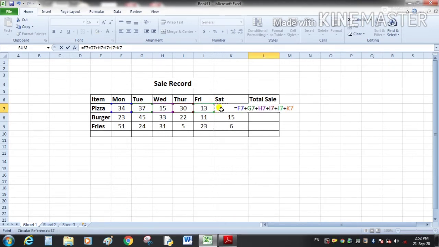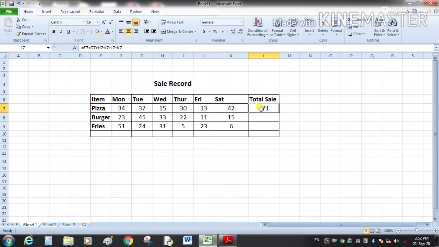In the last, select this cell, K7. After writing the formula, press the Enter key to get the result. So here you can see 171. So 171 has come after the addition of all these values.